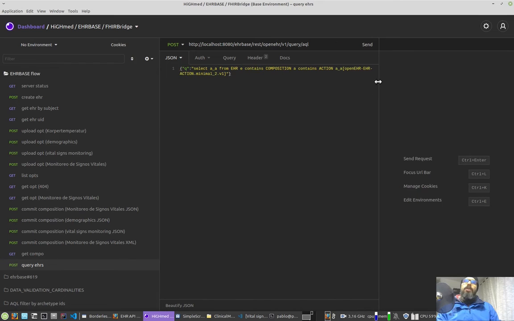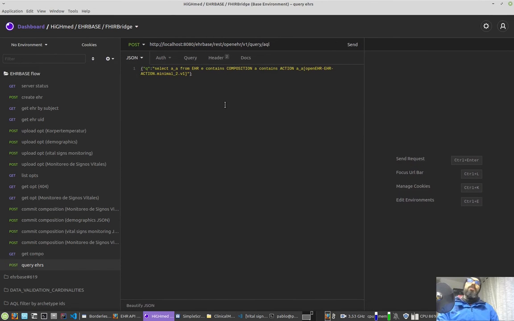Here we need to write the queries manually. There are some tools that allow you to create the queries by selecting parts of archetypes and templates. We won't use those tools. We will just write by hand. So hopefully this will work. Let's say we want EHR ID value from all EHRs. We can just write this as,